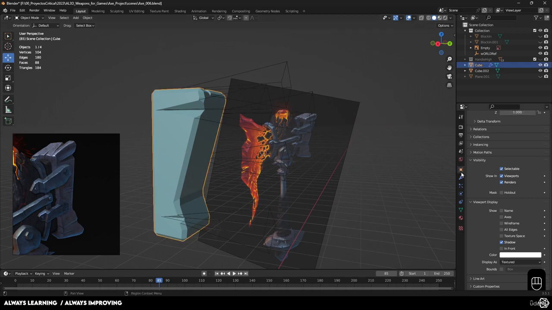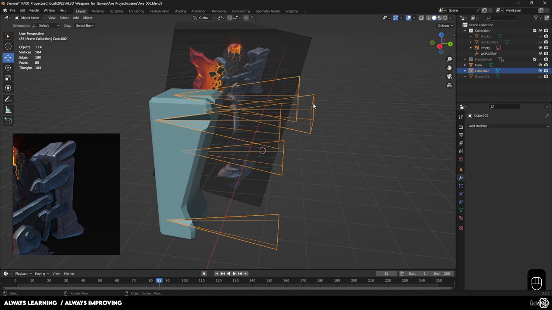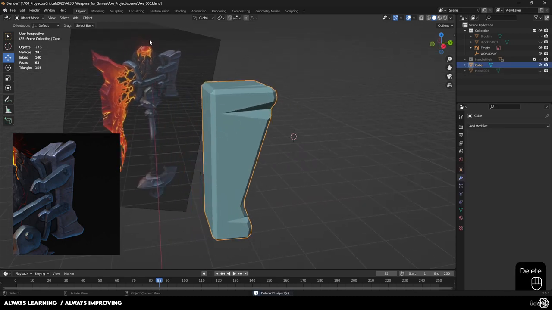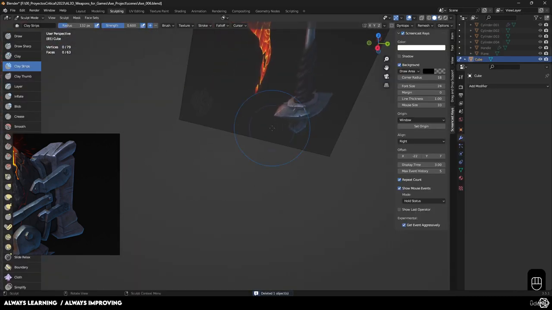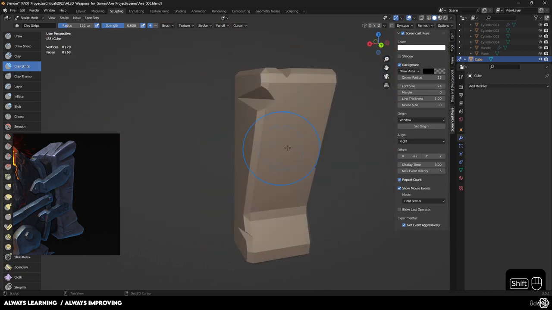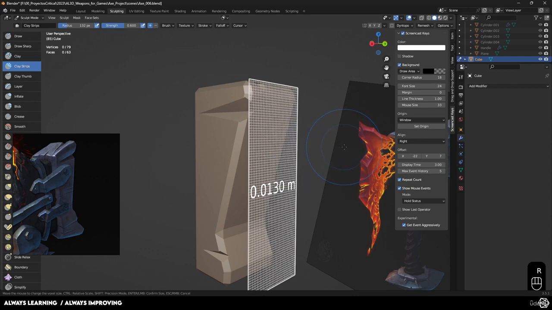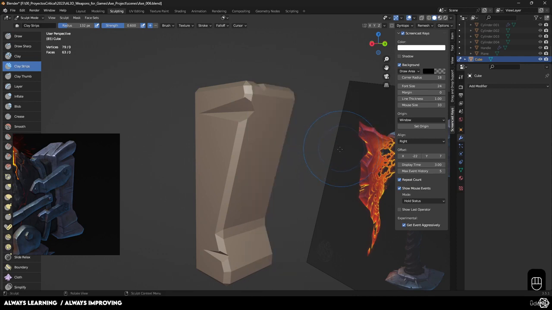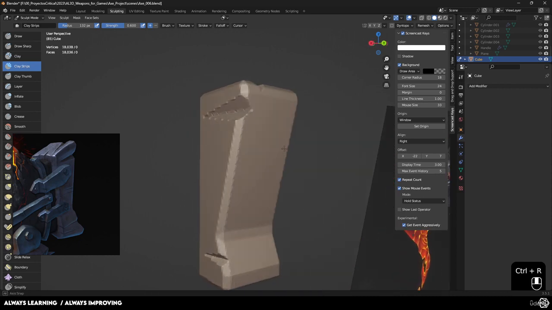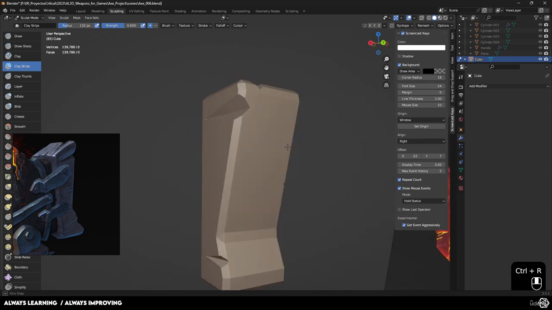So once we're happy with that, we can just grab this object and do an apply. These cones, we actually don't need them anymore. And then this guy, if we jump into the sculpting section, oh, there we go. We are of course going to be activating our resolution. Let's start with a low resolution, something like 0.01, and Control R. Now, we definitely need more. So let's go 0.04, Control R,